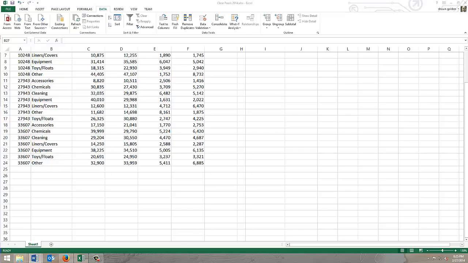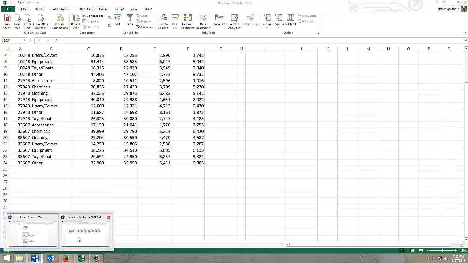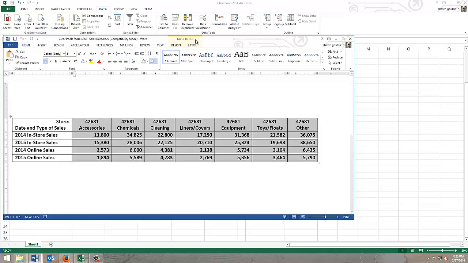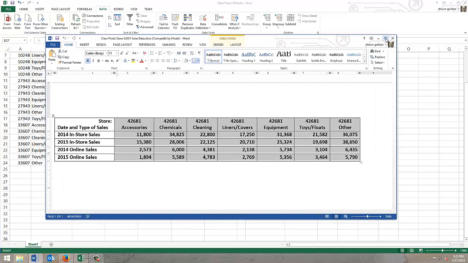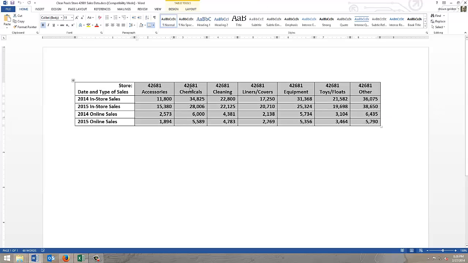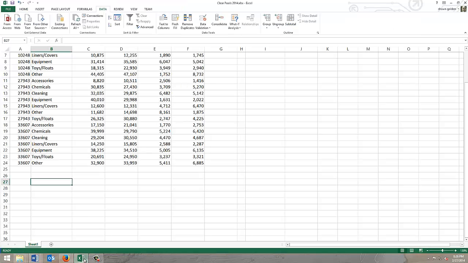Next thing I'm going to do is I'm going to open up a Word document. Let me bring this over here. I have a Word document that has the table in it. This was opened from the data file. I'm going to copy just this portion. I'm going to copy this, and I'm going to